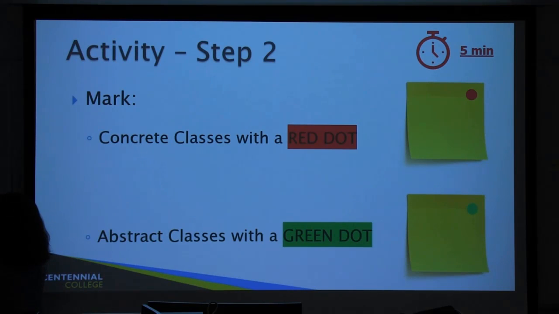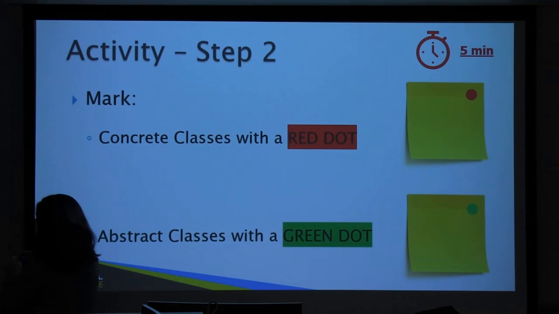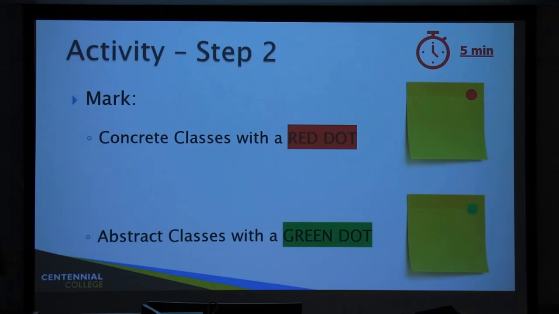Air, water, and land would all be abstract classes. And again, if you are done, just take another photo and then send it to that same Padlet that you can share with everyone and discuss there.